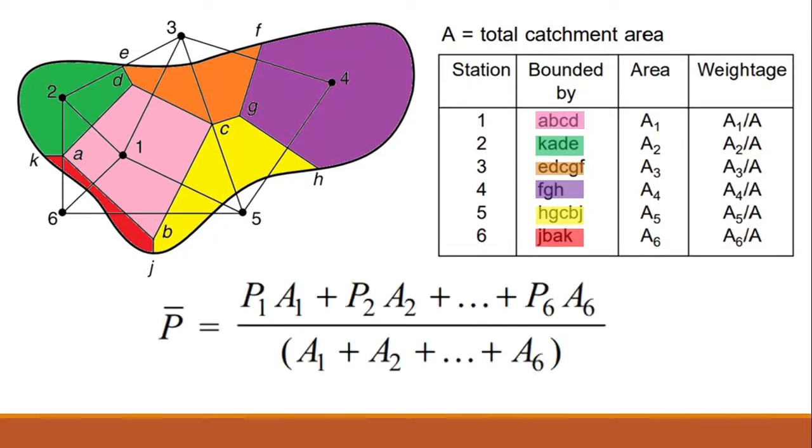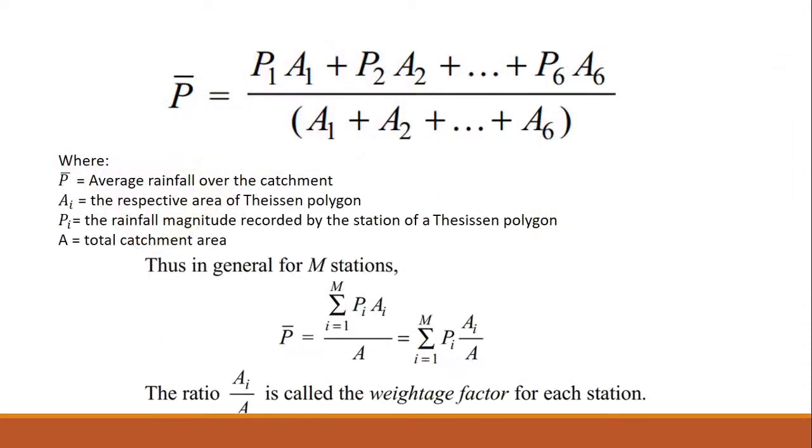Here is the formula for the Thiessen-Polygon Method, where the average rainfall over the catchment area is equal to P sub 1 times A sub 1 plus P sub 2 times A sub 2 up to the nth term, all over the total catchment area, or summation of the areas of the Thiessen polygons. Thus, in general form, for M stations, P bar, or the average rainfall, is equal to the summation of P sub i times A sub i all over A,